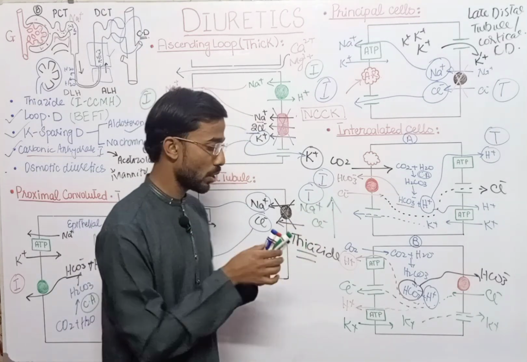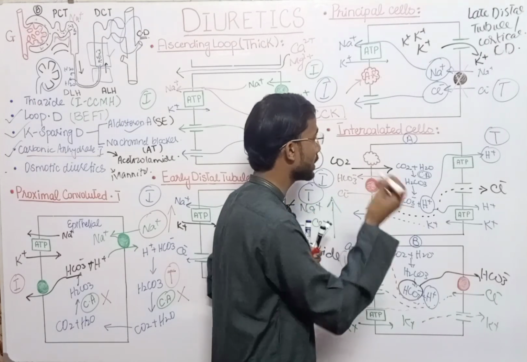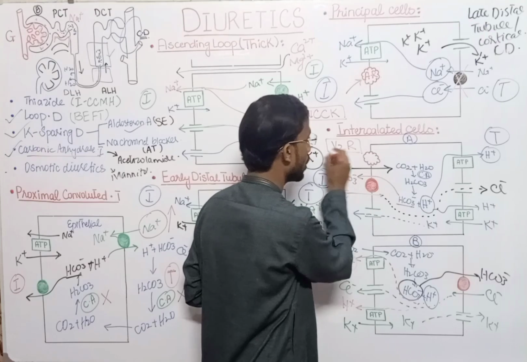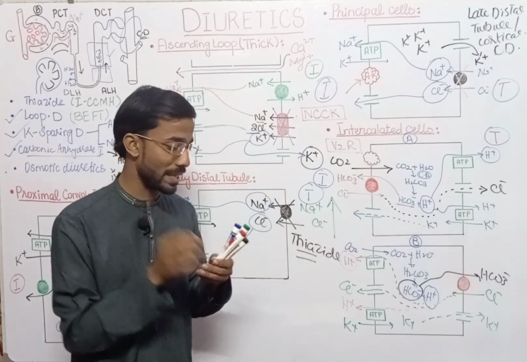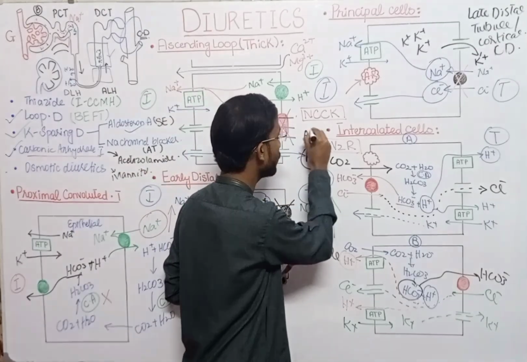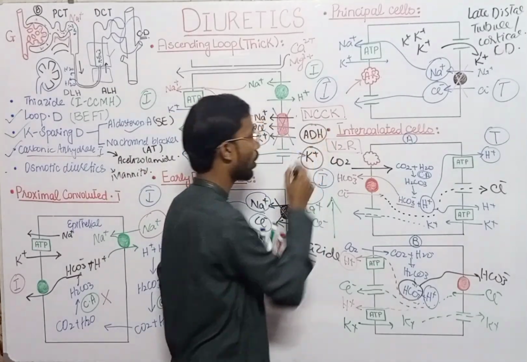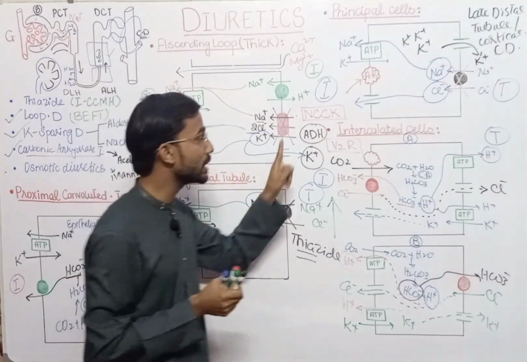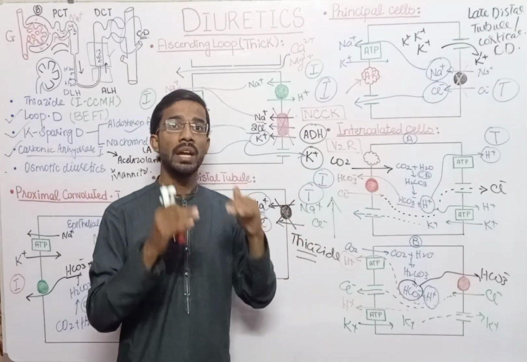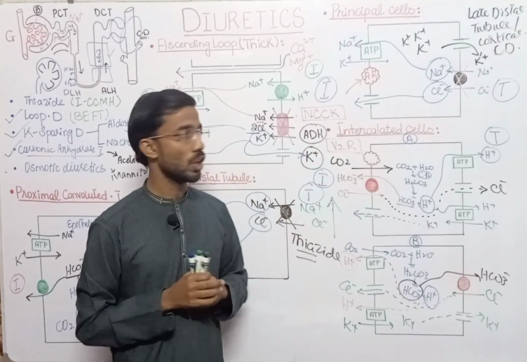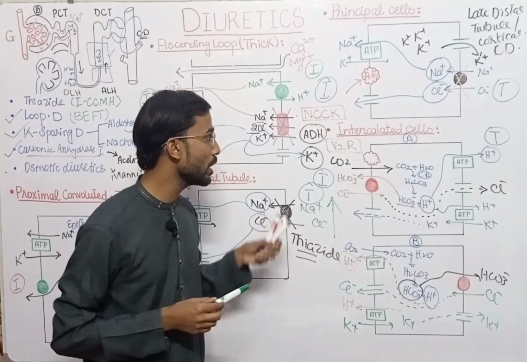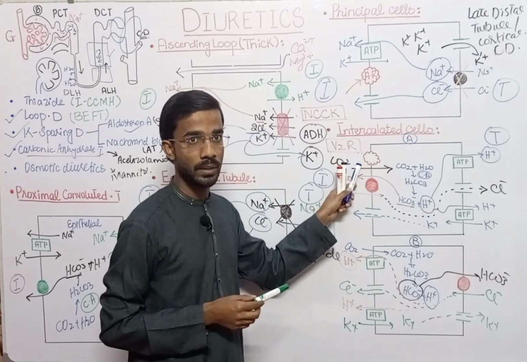And the important thing which you have to remember: there is a receptor which is called the V2 receptor. V2 receptor is basically for vasopressin. Vasopressin, or you can say antidiuretic hormone, acts on the V2 receptor. Antidiuretic hormone is actually involved in the reduction in the volume of the urine. So in that situation, if there is an increase in the antidiuretic hormone and it attaches this way, then